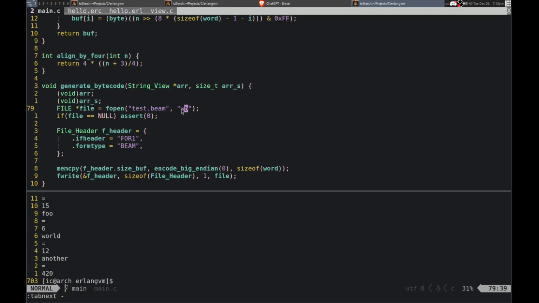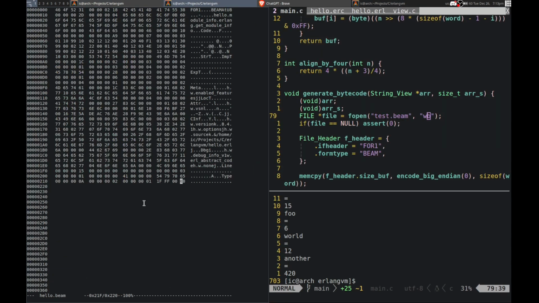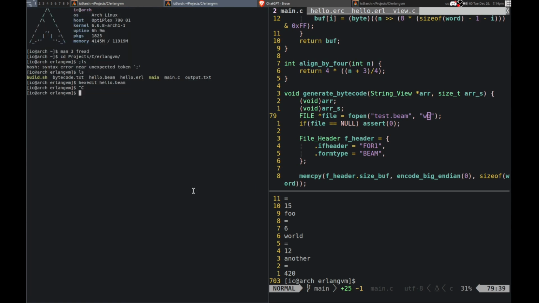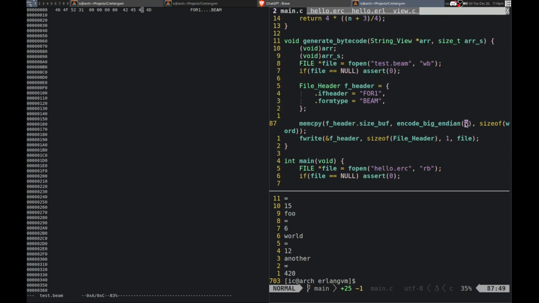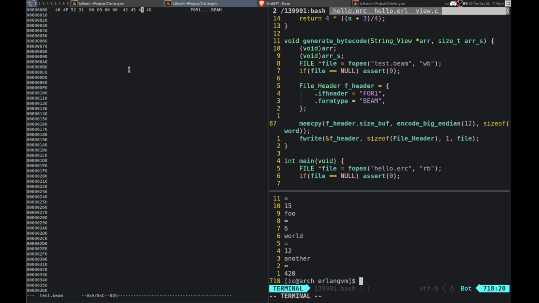And now I should be able to open that actually in here. So quit out of this. How do I quit it? There we go. Hex edit test.b. There we go. And now we wrote this. The size, we just wrote 0 for now. And then we wrote this. But if we write the size as, let's see, we change it to 12. Then run it. And reload this actually. Then it is now 12. There we go. So that actually worked. That's pretty cool. So that is the file header.